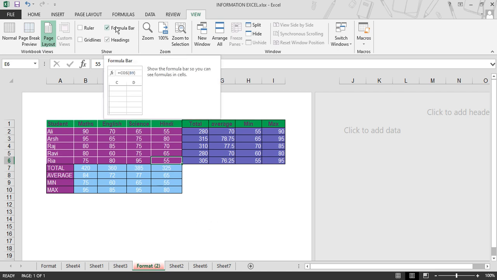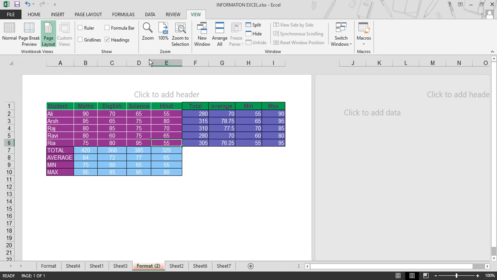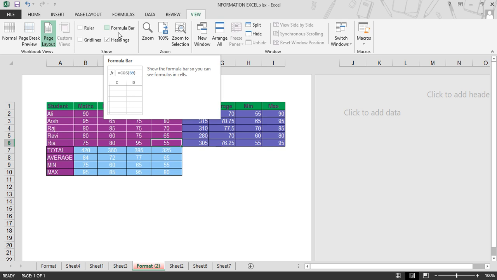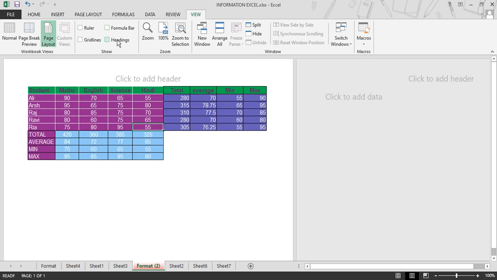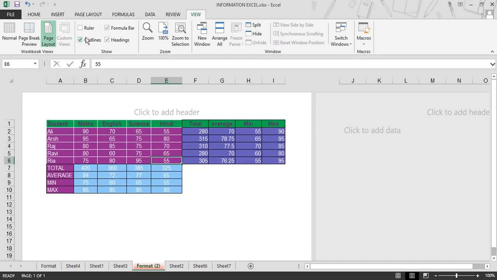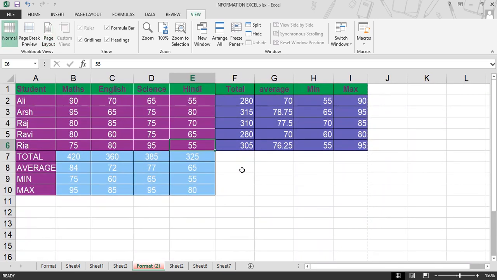Next is formula bar. So to hide your formula bar, you can untick formula bar. Headings. So if you wish to remove those A, B, C, D and 1, 2, 3 row number and column digits, you can untick heading. So here we have back all the things: ruler, grid line, formula bar and heading.